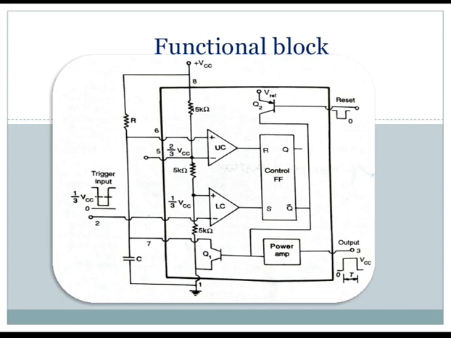By understanding the operation of the monostable multivibrator using 555, we have several inputs and outputs. For the second pin, we apply the trigger input, and for the fourth pin, we apply reset for this operation. So, in the standby state, the output moves from initially 0 to high. In the standby state, the output is in the 0 state.